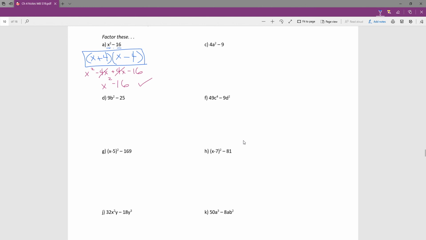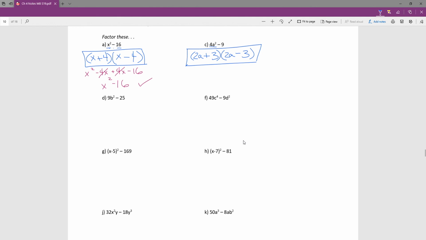So first off, we need to recognize how they are a difference of squares. So we've got a perfect square, and a minus sign. So we slap down our brackets. One gets to be positive, one gets to be negative. The square root of 4a squared is 2a, and that goes in the first place of each bracket. And the square root of 9 is 3, and that goes in the second place of each bracket. You could always check these by FOILing them back out, but if we followed our pattern correctly, that should be